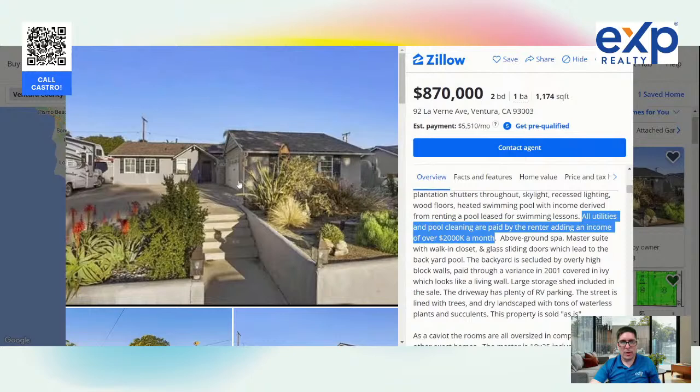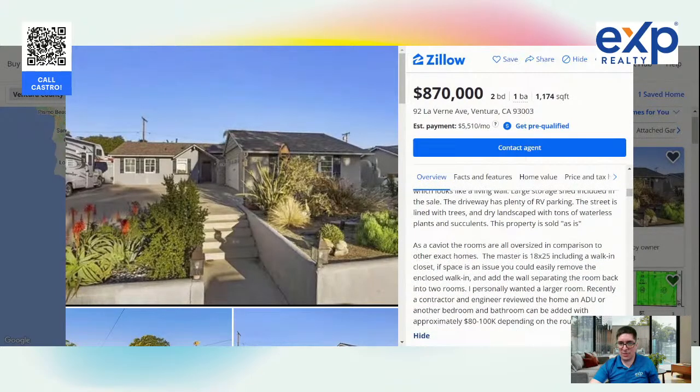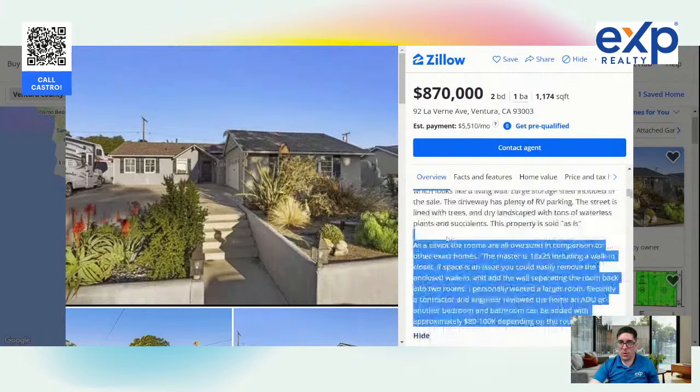Don't know about that. But we're seeing, and as a caveat, rooms are all oversized in comparison, which makes sense, because we're looking at a 1,200 square foot house with only 2 bedrooms. You could probably have 3 bedrooms there without too many problems. And they have a lot of their personal opinions in here, how you could add an ADU. So,